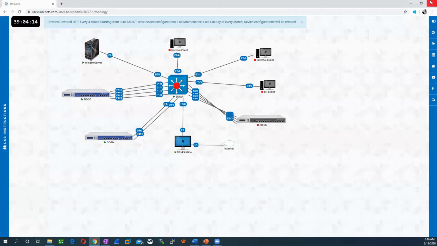Okay, so the device is up. If you want to access any particular device, for example the management device or the security gateway or any device, you just click on the device and it will open in a new tab.